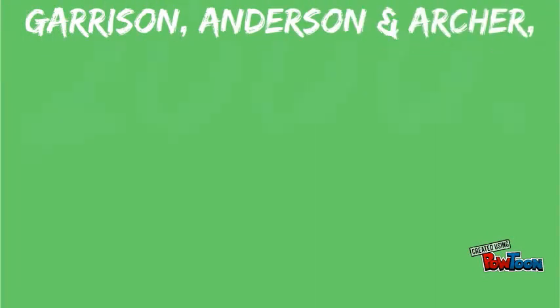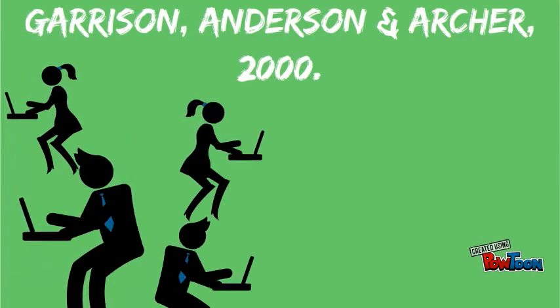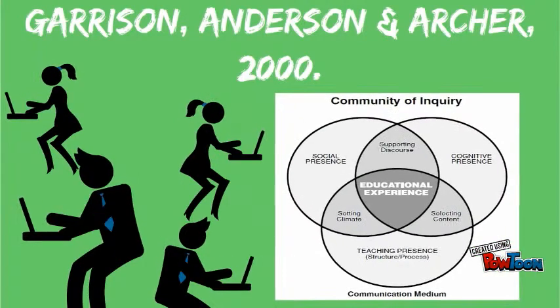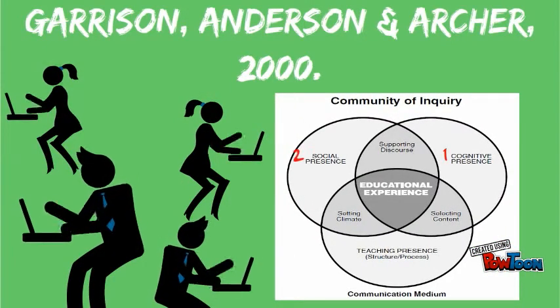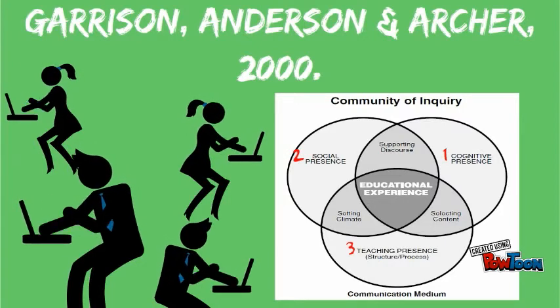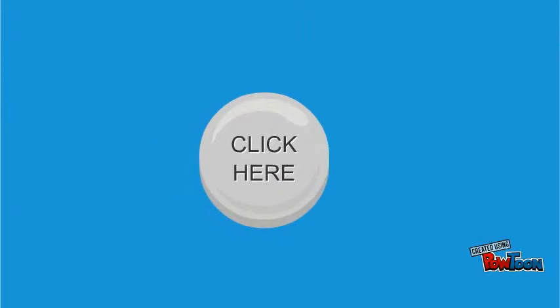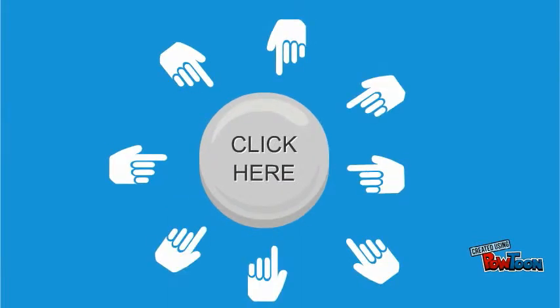The Community of Inquiry model was developed in 2000 by Garrison, Anderson, and Archer following a study that started in '97, which evaluated text-based computer conferencing. They developed a framework consisting of 3 elements: cognitive presence, social presence, and teaching presence. All of these elements combine to create an integrative learning environment. This is illustrated well in the link provided here.